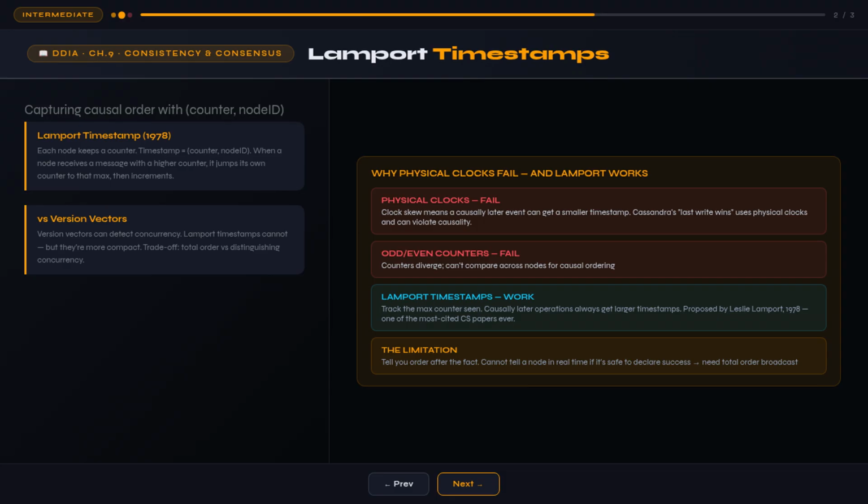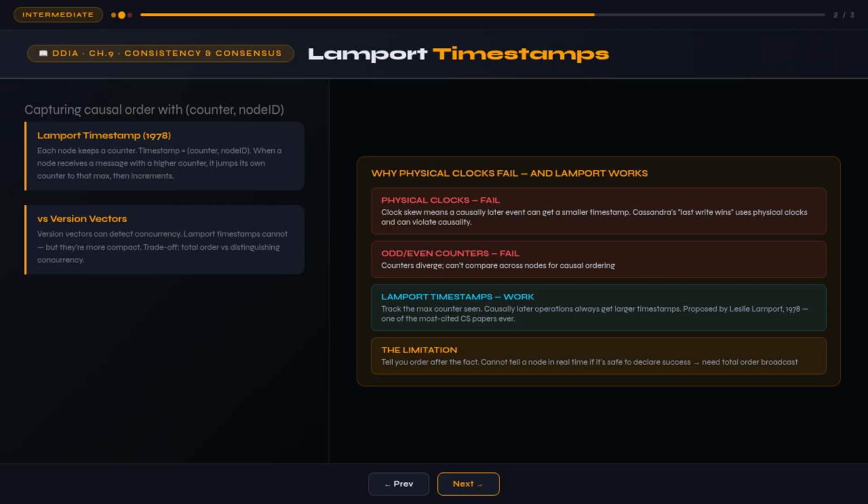The naive approaches don't work. You can't use physical clocks. Clock skew means a causally later event might get a smaller timestamp than the event it depends on. You can't have each node generate odd or even numbers, the counters diverge and can no longer be compared across nodes. You can't pre-allocate blocks of numbers, then operation 1500 on node A might actually be causally before operation 50